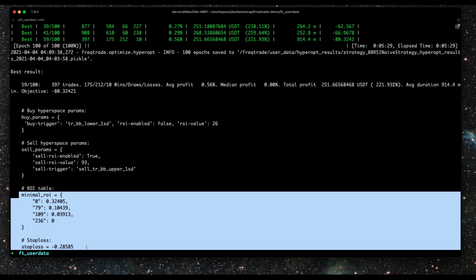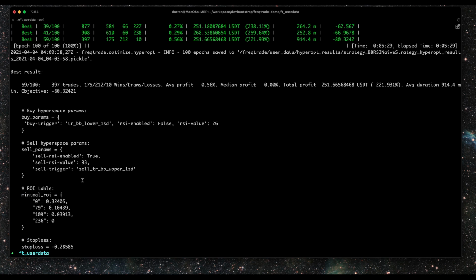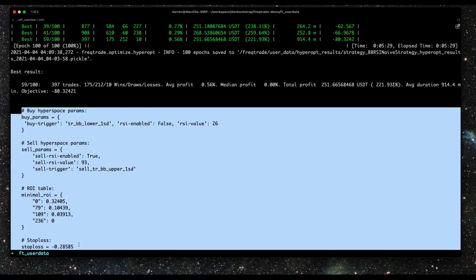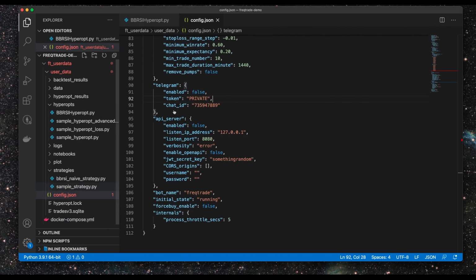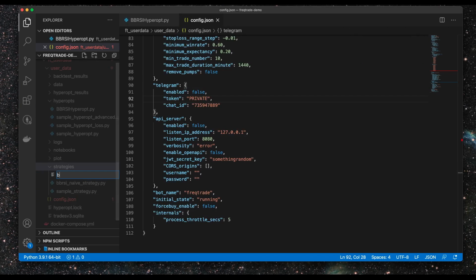But obviously after 236 minutes, if you're in a loss, then it will potentially trigger the stop loss, which is saying 28.5% of a stop loss. So if you're willing to watch trades drop that low on your bot, then that's what you want to set your parameters to. So what we can do is copy and paste these parameters into a new strategy, okay? And this is going to be the BBRSI optimized strategy,